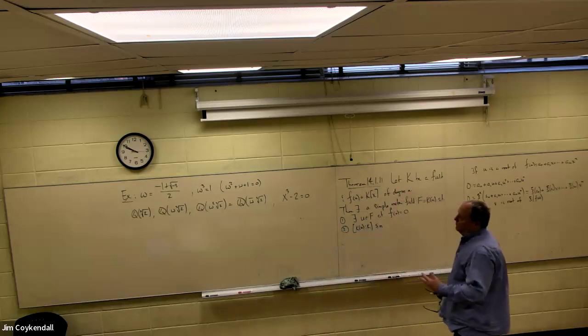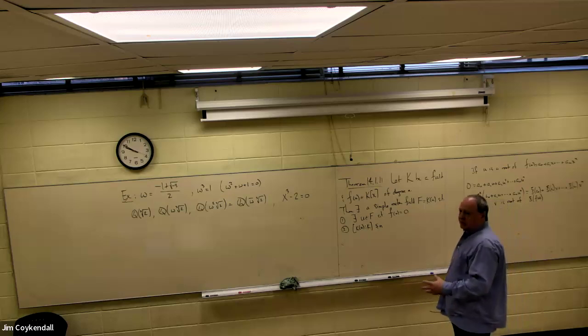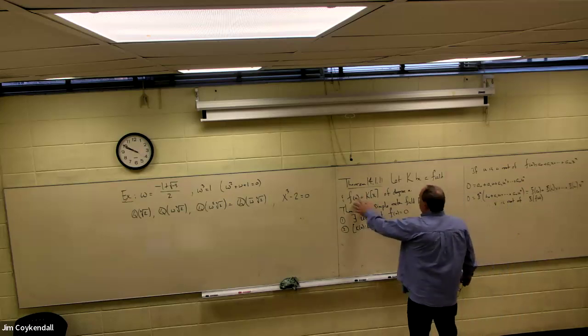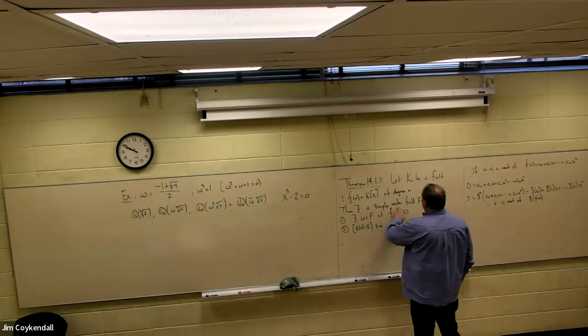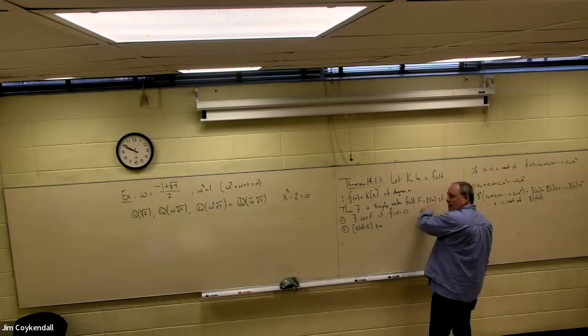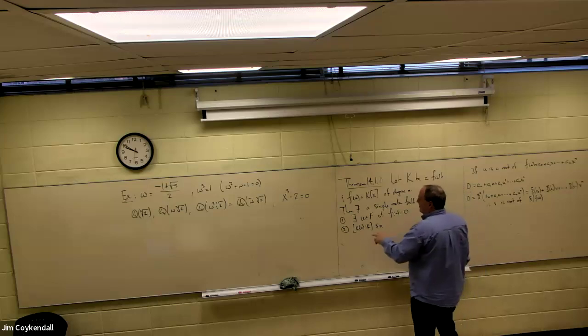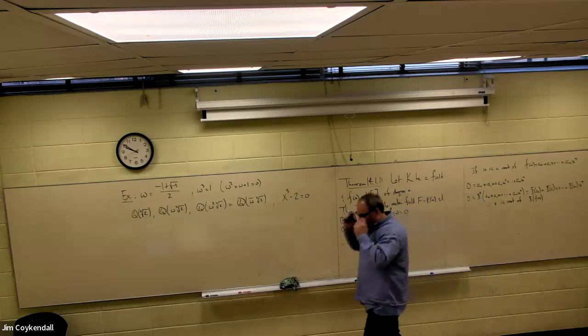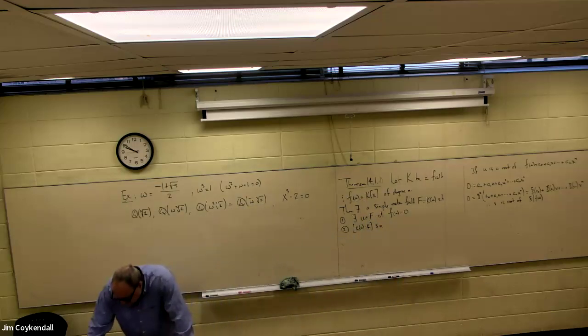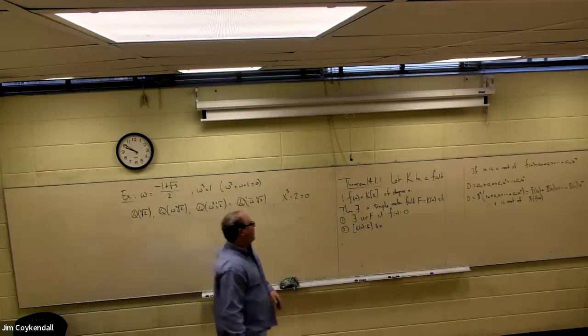Okay, so let me talk you through this as we go along. You've got some field that you encounter on the street and some polynomial of degree n. We're going to assume it's not the zero polynomial. Then I can find a simple extension K(u) over K such that the following hold. There's some u such that f(u) is 0. Number two, the degree of K(u) over K is less than or equal to n. And equality holds